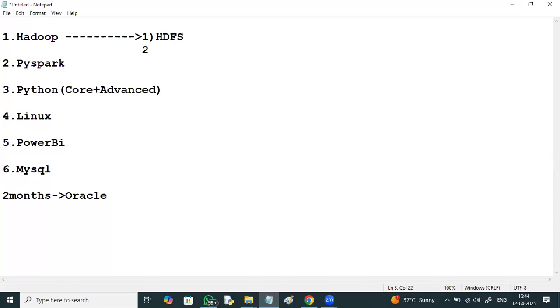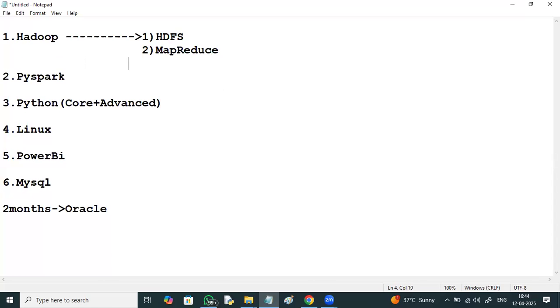Apart from that, we are going to discuss processing components like MapReduce and Apache Hive. MapReduce is a parallel processing component within Hadoop. Apache Hive is a data warehouse kind of environment in the Hadoop framework.